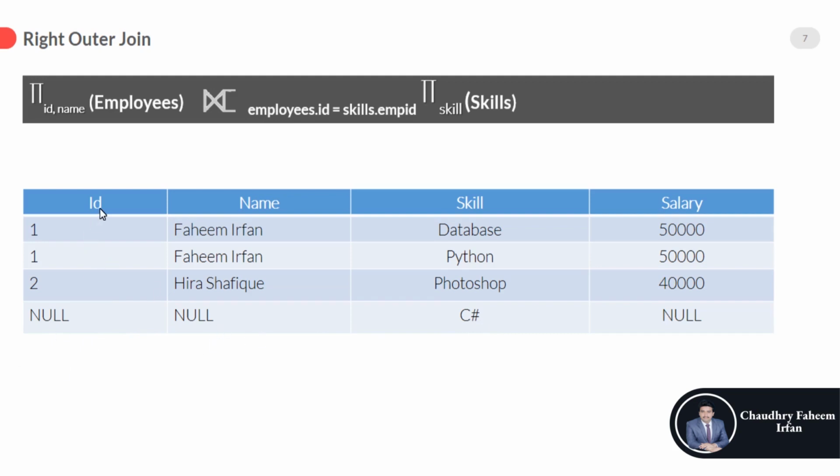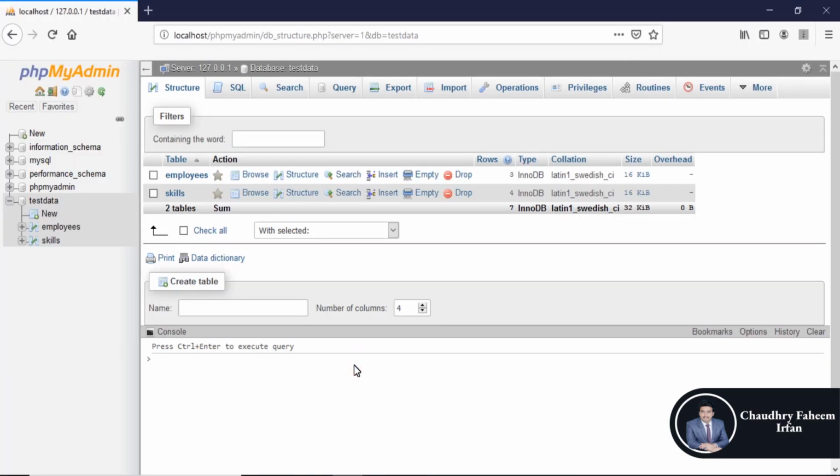So in the ID column, which is from employees, and the name column, which is from employees, the value is null. I also clarified that salary is not here in the projection operation, so you can add the salary attribute in it. So for right outer join, the query is that